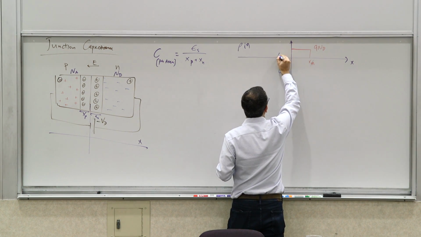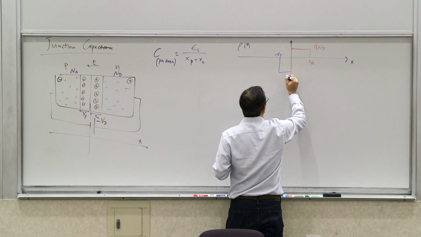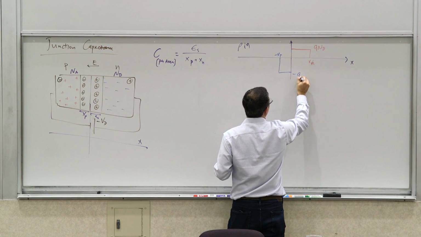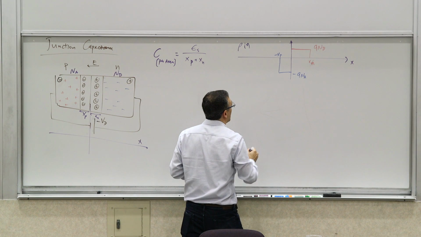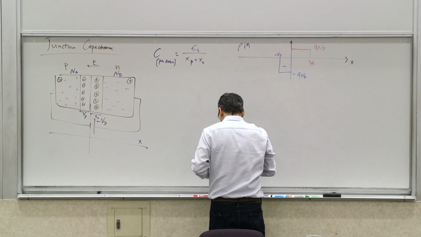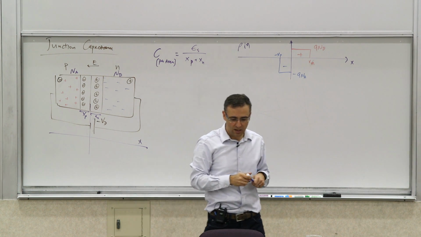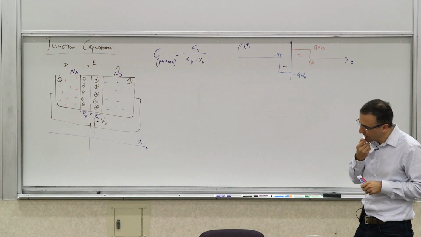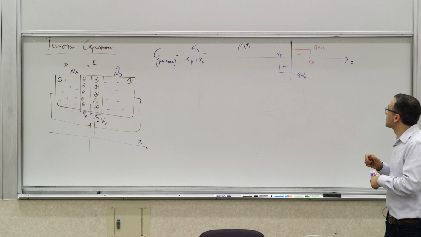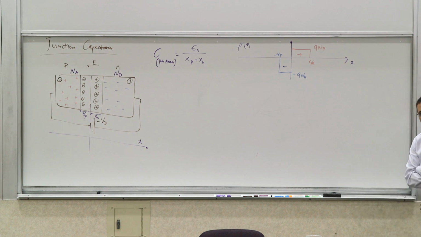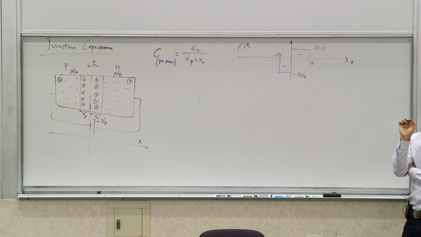And they don't have to be the same length. So this is negative XP, and this is going to be negative QNA. So this is negatively charged, and this is positively charged. So that's the charge distribution. That's the way it looks. Okay? So if this is your charge distribution, let's talk about what we are trying to do before we jump